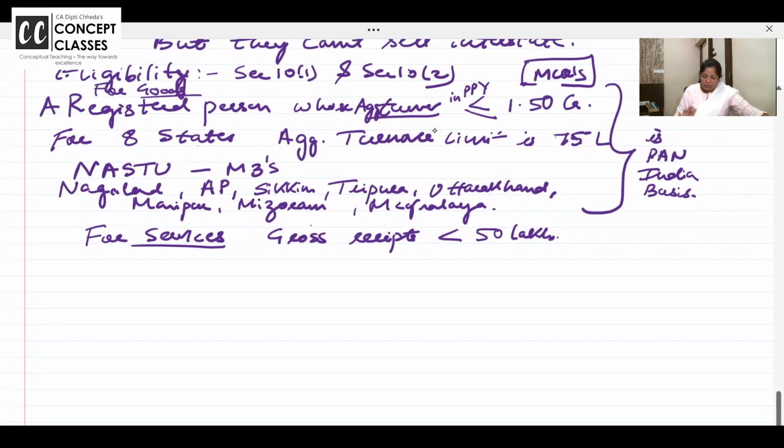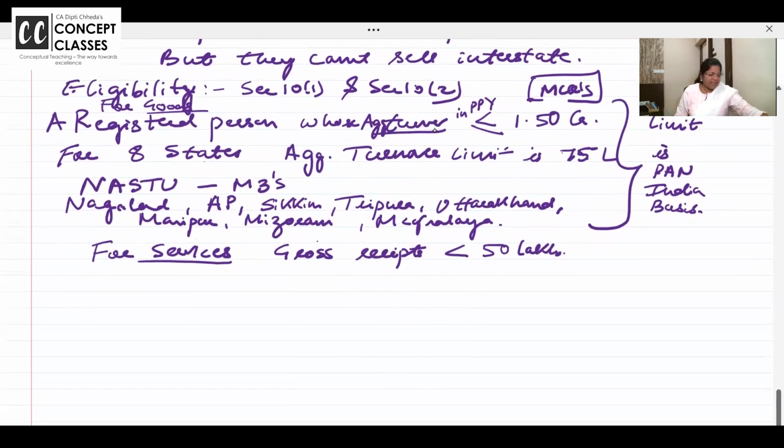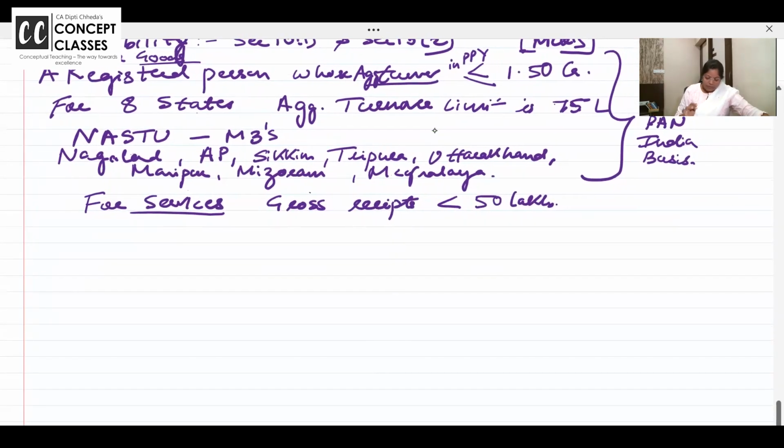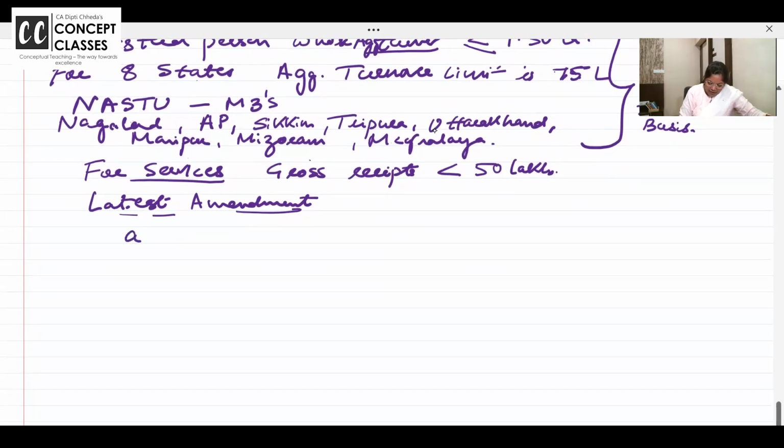Okay. So for goods, it is there. For services, it is there. Right. Now, there's one latest amendment here. Then I'll go to the definition of aggregate turnover, which is asked for 3 months. The latest amendment says that along with sale of goods,